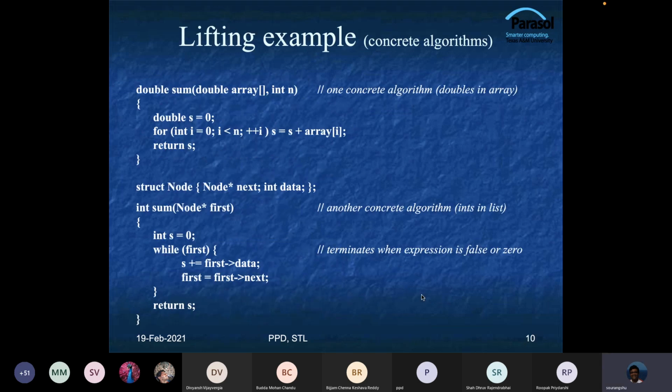Okay, so here is an example. This is the first concrete algorithm, which is doing a sum. It is doing a sum of doubles in an array. So it is taking the array, it's taking the length of the array, and then it is doing the